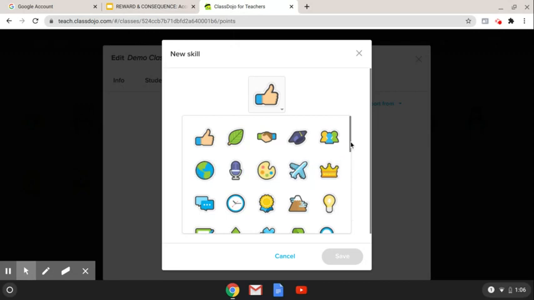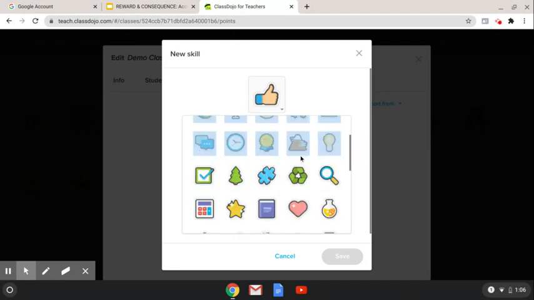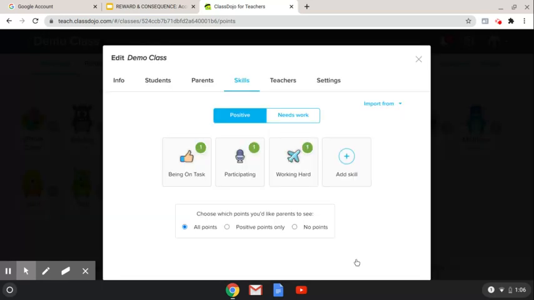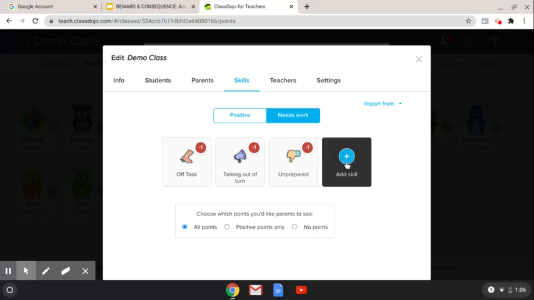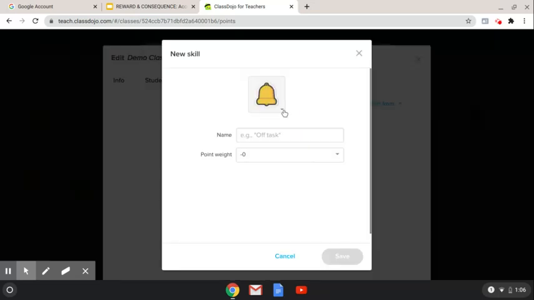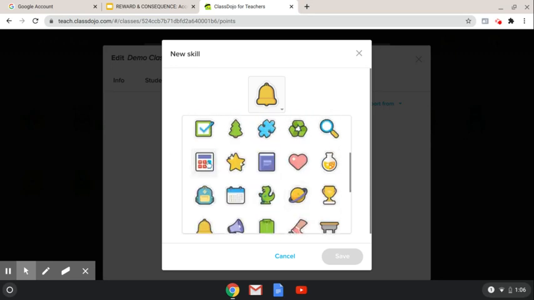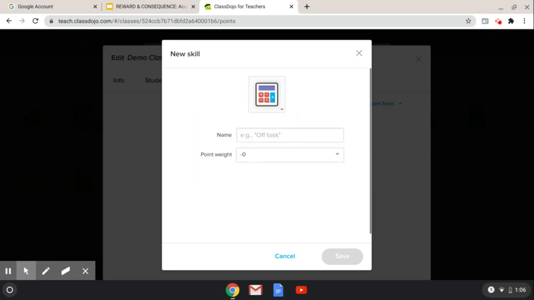Okay, let's find an icon. Come on now, keep moving. Okay, I'll use a calculator, and I would say math, completed classwork. And you want to give 1 point for that. So you also want to add the opposite of it as a consequence. You still want to show the same icon, which is a calculator, and you want to say math